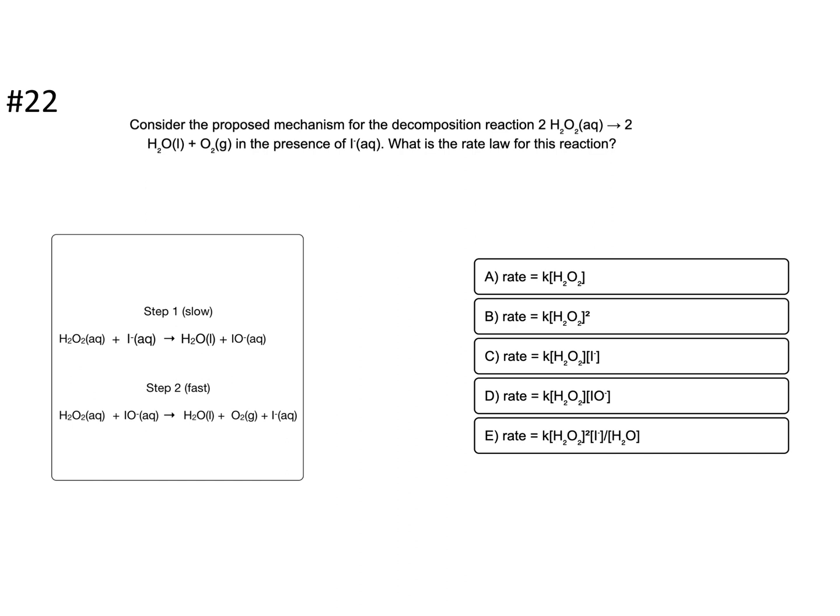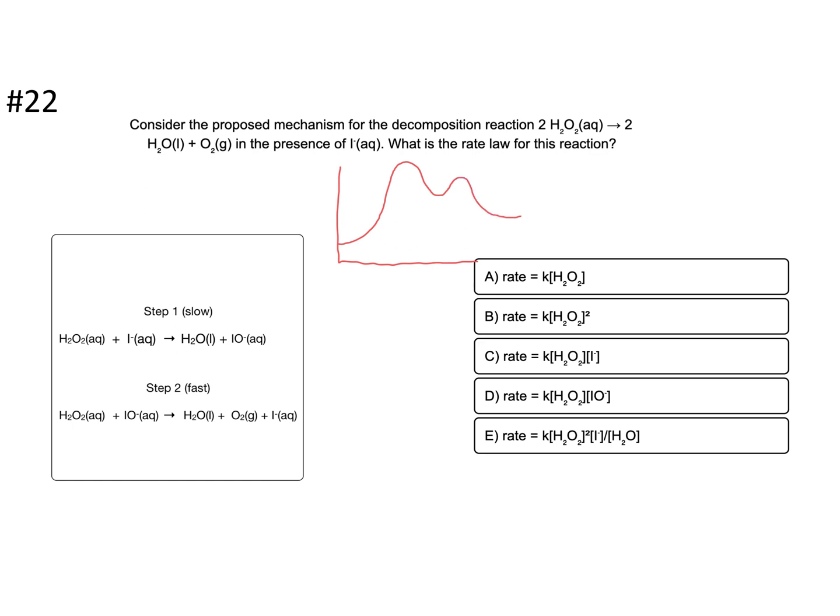Question 22. This has to do a little bit with the rate determining step material that we talked about on Thursday. So consider the proposed mechanism for the decomposition of hydrogen peroxide going to water and oxygen in the presence of iodine. What is the rate law for this reaction? And when we talked about rate determining steps, we said that if you've got a multi-step reaction, the rate determining step is going to have the highest activation energy